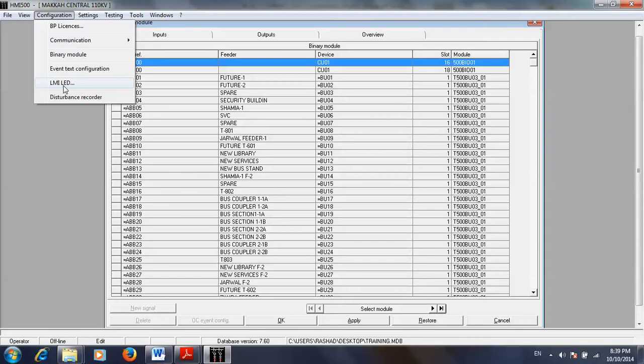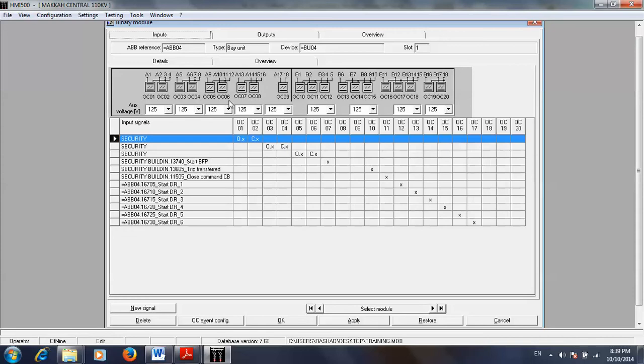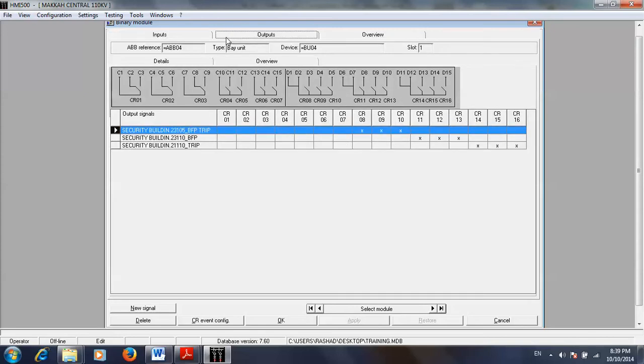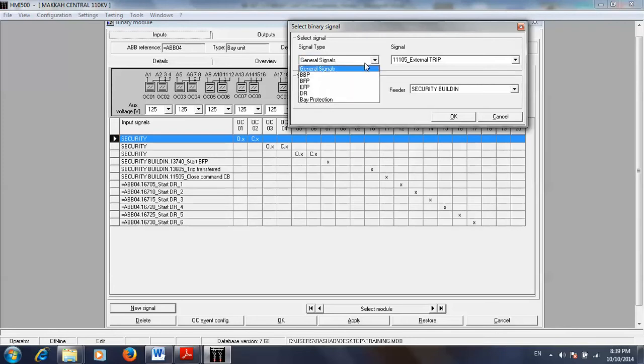or the central unit. First we'll choose any bay unit here, for example this one. We'll find here this one is the binary input and this one is the binary output. If we come here for the binary input, we can make a new signal. We'll find here some general signals: busbar protection, breaker fail, end fault, disturbance, bay protection, and so on. So for example, for the busbar protection, you can choose, for example, bypass check zone, any signal, for example, and